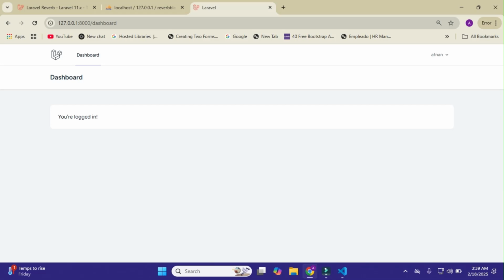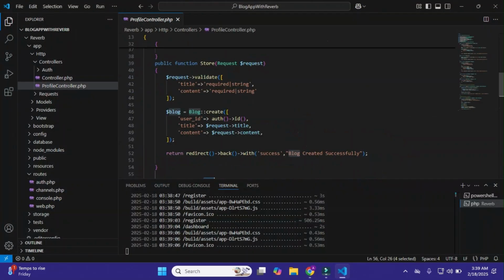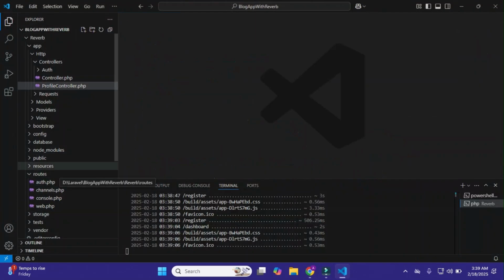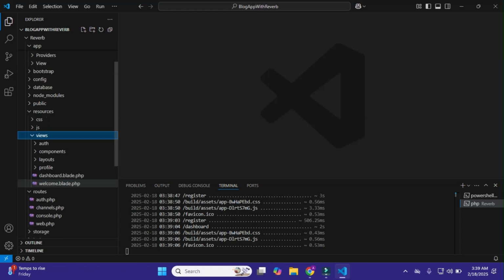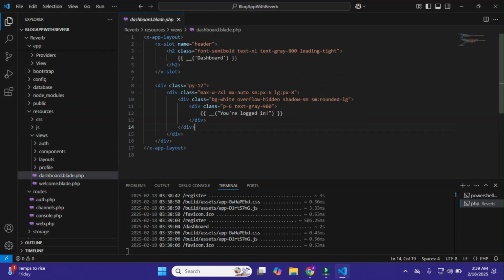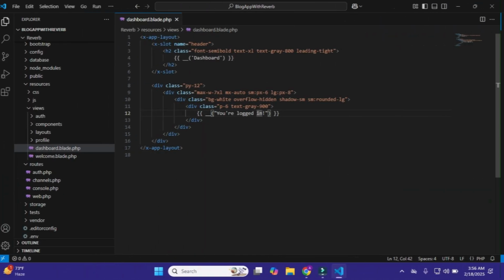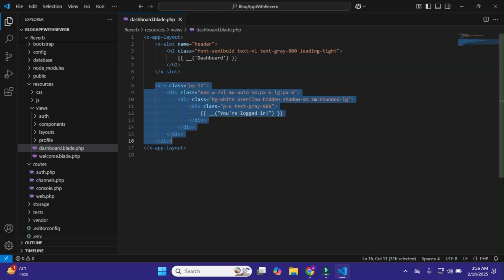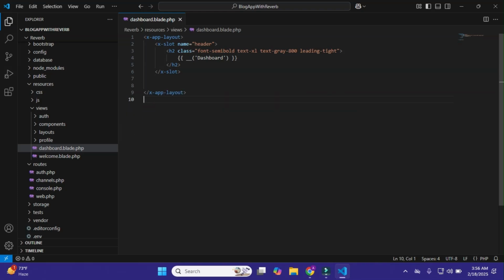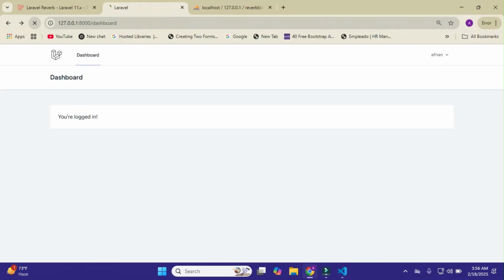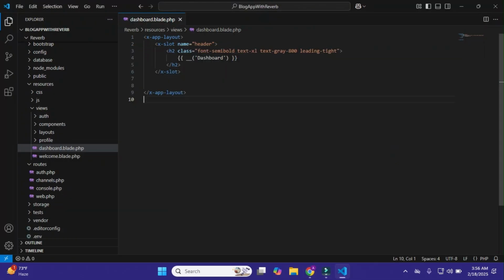Okay, for this I'll just simply come to my project, and now I'll just simply go to resources views, and it is my dashboard page. I'll just simply come here and define and write to make the table and pop-up modals in it. Okay, so here I don't need this. You are logged in, and just go here, and it will remove this. You're logged in. Okay, so that's it.